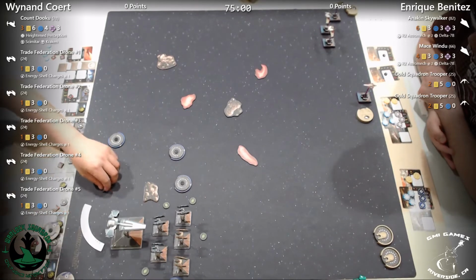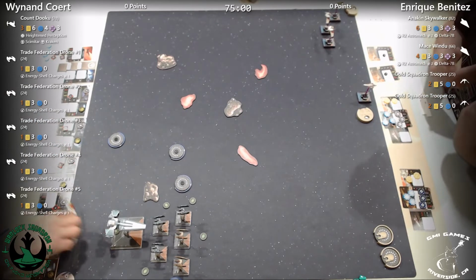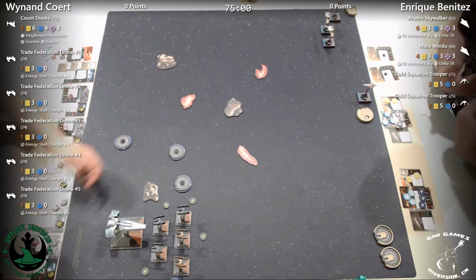It's like a Swiss triangle. I like it a lot. I really like this. So, one of the things that Wynand did say was that his one loss in Swiss so